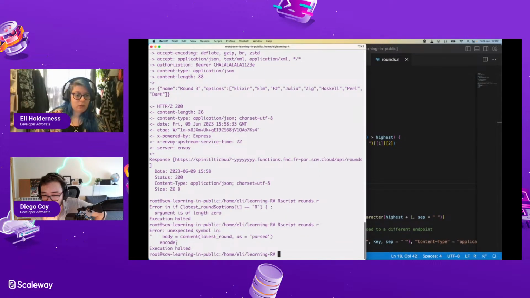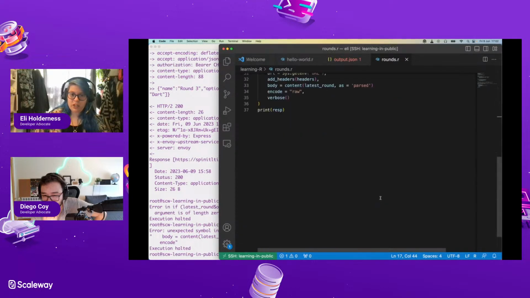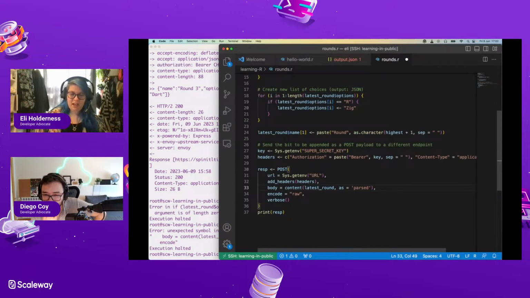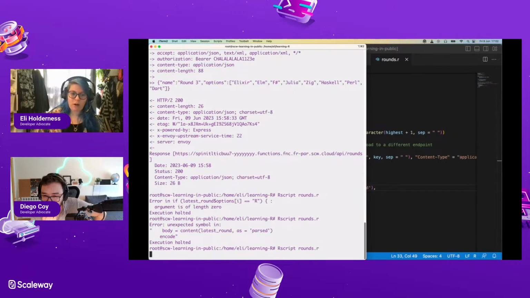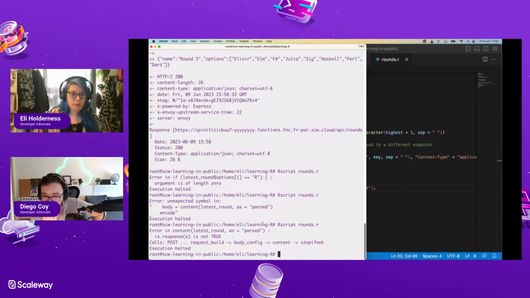Unexpected symbol. What did I do? Didn't put a comma in there. Woo! I am on a roll. Stop if not. Response X is not true. Didn't like that.